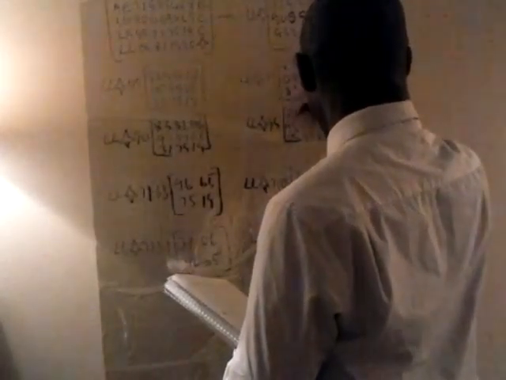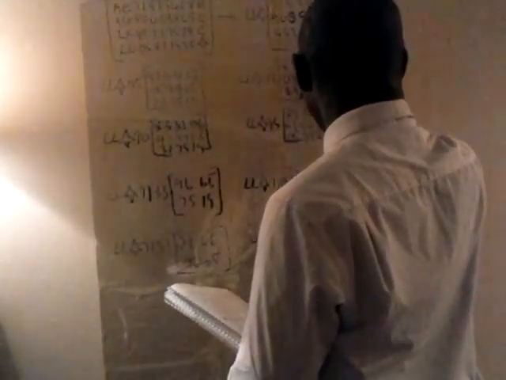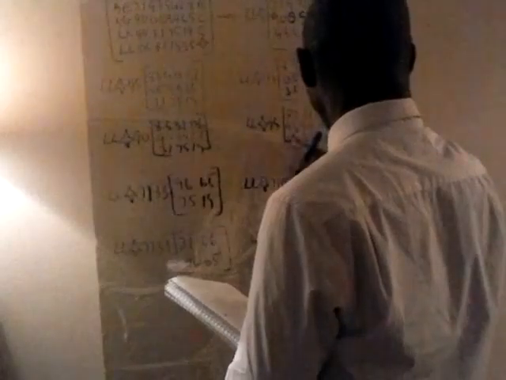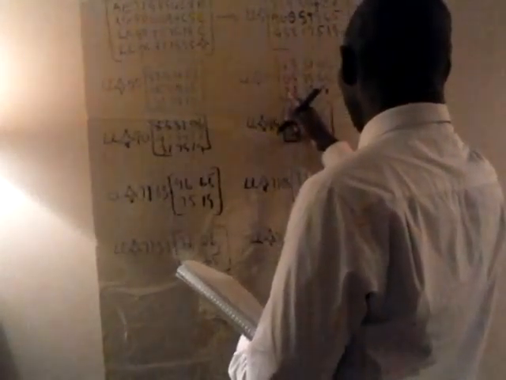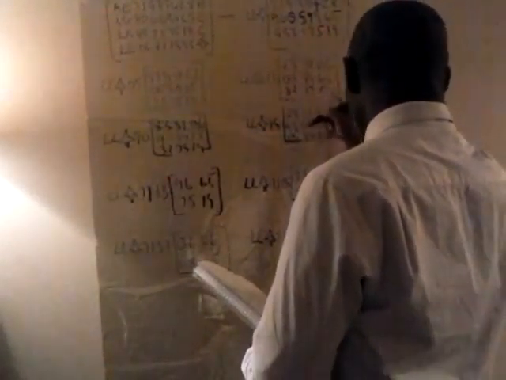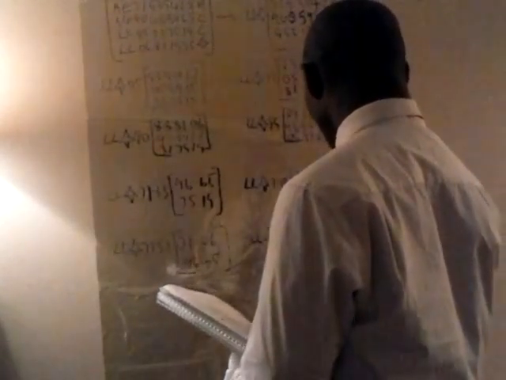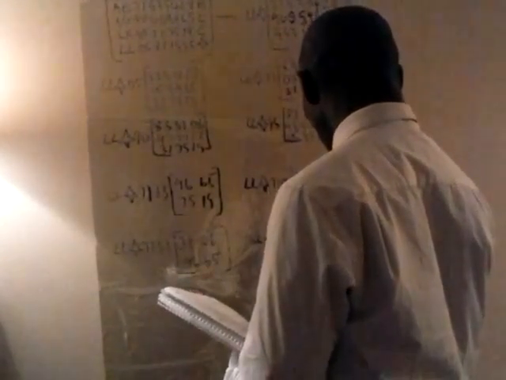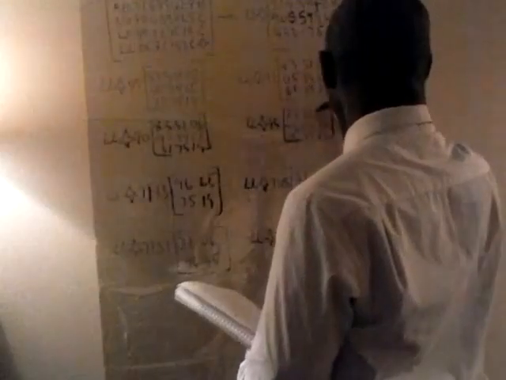We could have used 31, but I don't like to jump from 31 to this one here, or from this one to this one. I used to come down, go so, come up, and come down. So the next one will be 75 operator, and for that, we'll have the matrix 83,